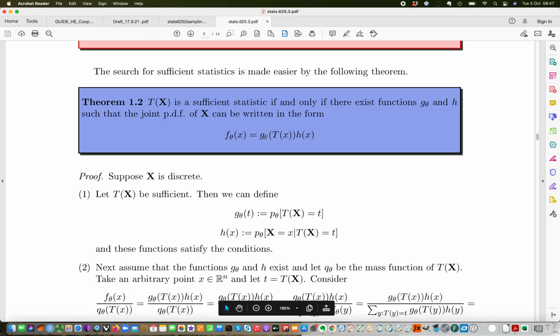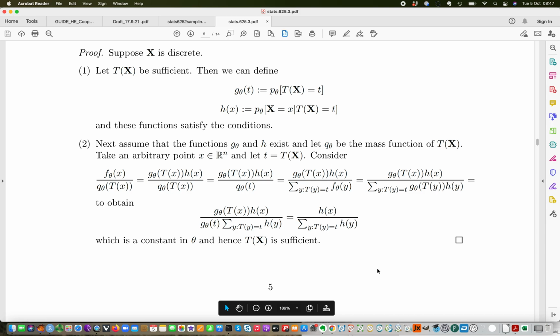So suppose you have a g and you have an h, and then we simply say let q be the mass function of t of x, and then we evaluate the ratio between f theta and q theta, and we rewrite f theta in the way which is given according to the theorem, according to assumptions, and then we get to a result where we simply have to add up stuff, and in the end we find that anything involving theta actually cancels out, and the reason is that the g theta of t of x lies down here on